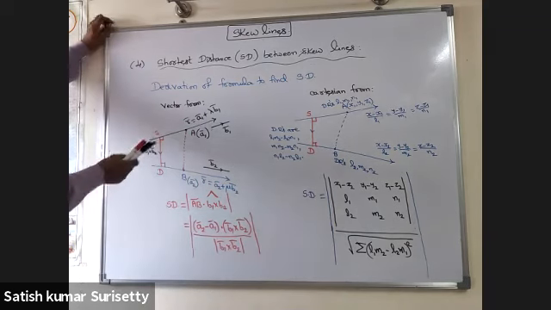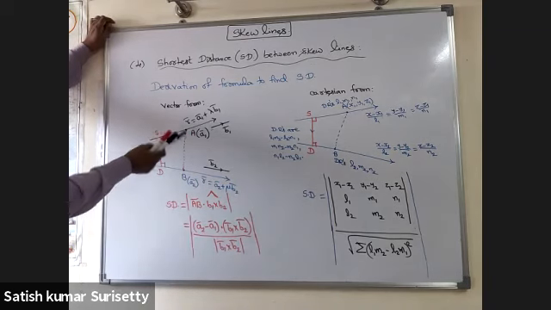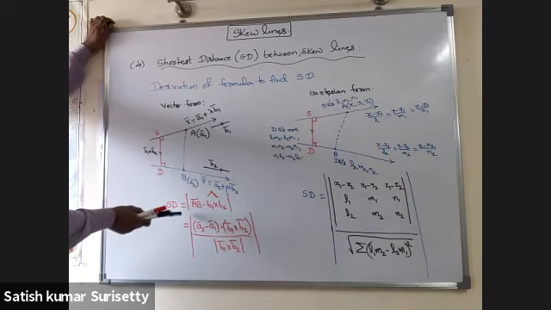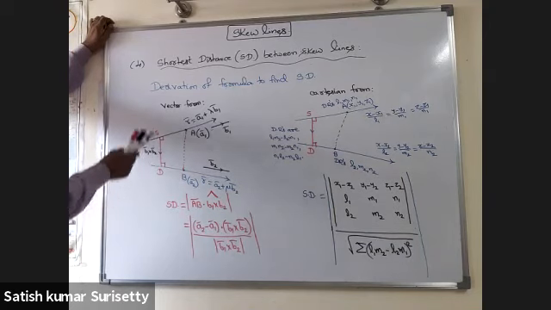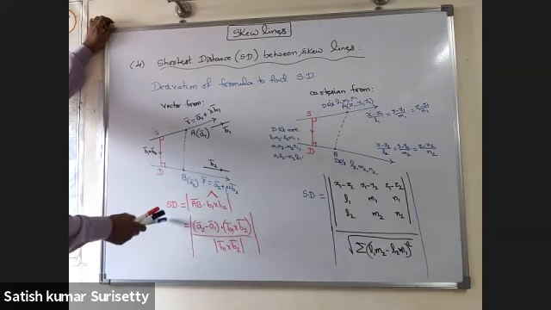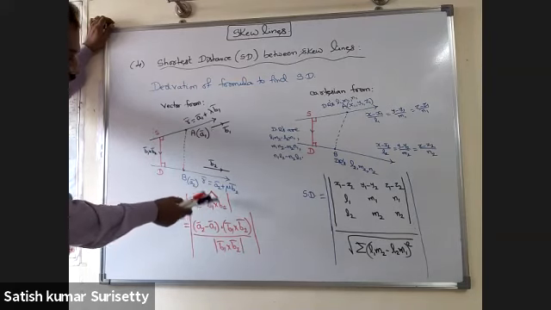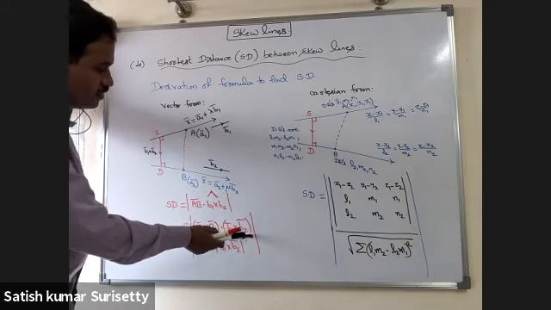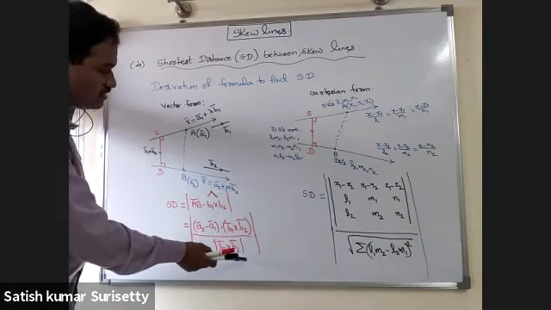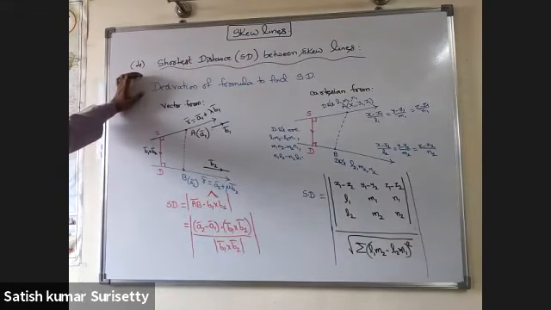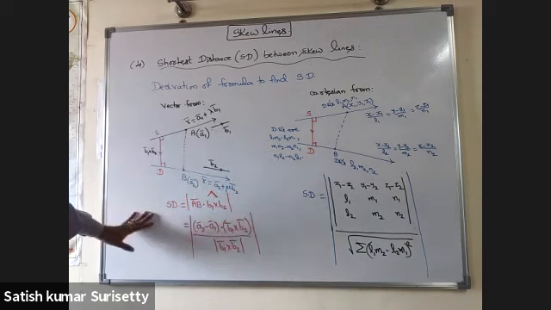Now here I can say that SD is the projection of AB along SD bar. So to find the projection, SD is AB bar dot the unit vector in the direction of SD bar. That is, the length of shortest distance SD will be AB bar dot B1 bar cross B2 bar, so A2 bar minus A1 bar dot B1 bar cross B2 bar upon modulus of B1 bar cross B2 bar. So this is the formula to find the length of shortest distance between skew lines in the vector form.